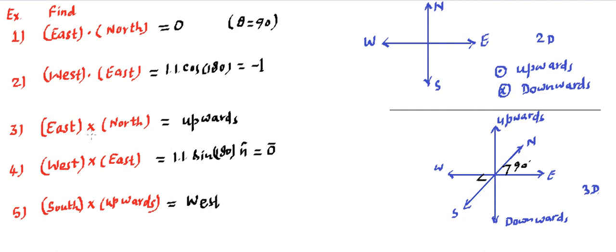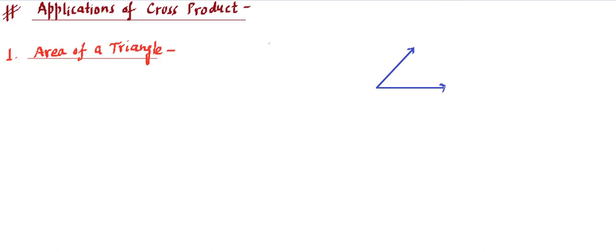Now this particular slide is very important in order to understand how we are using the directions in dot fashion and cross fashion, particularly in cross fashion, and how we are getting the new directions when they are getting multiplied. Making sense? So just understand properly. If you have any issues, you can rewatch it, or otherwise you can ask as a doubt. Now let's move ahead and talk about